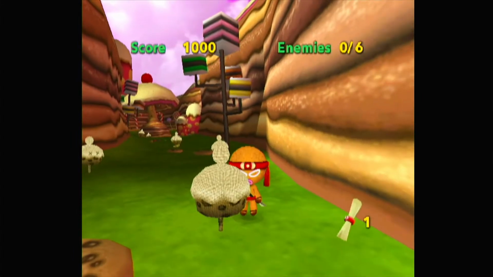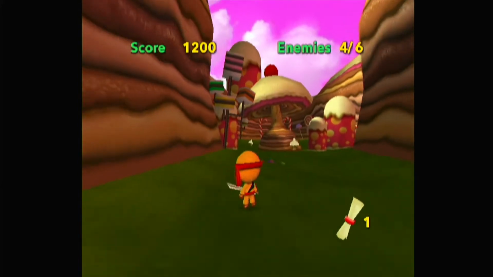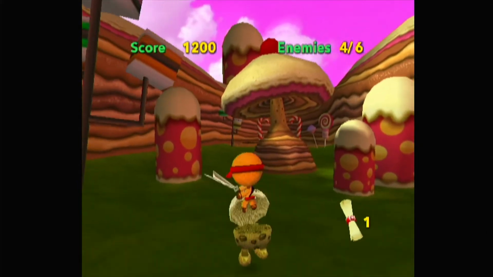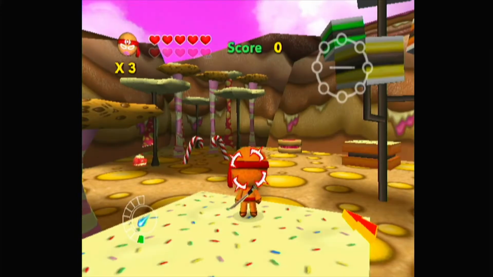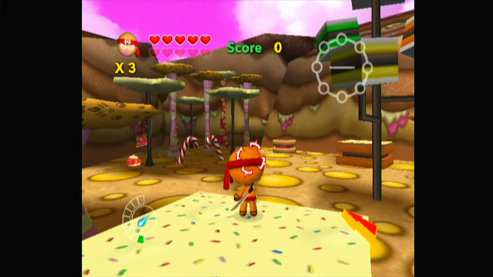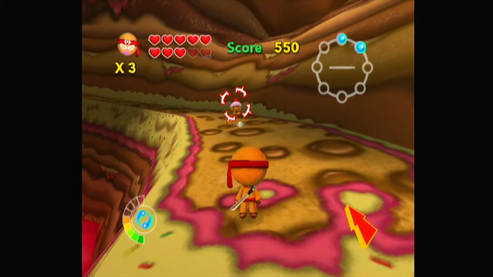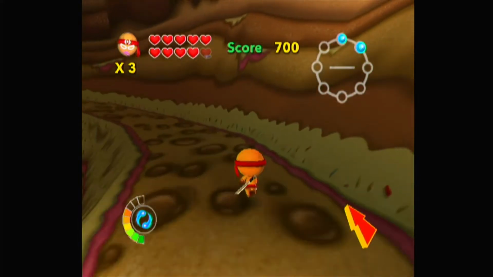You can swing the Wiimote to use Ninjabread Man's sword, and it rarely works. You can perform a jump slash, which is a lot more responsive, but it's harder to hit things. Lastly, you have ninja stars, which you can point and aim at the screen to throw. They start off really weak, but the more enemies you kill, the stronger it becomes. It's the only thing you should use when fighting off enemies because it actually works. When you take damage, however, it gets weaker, but it's easier to bring it back up.